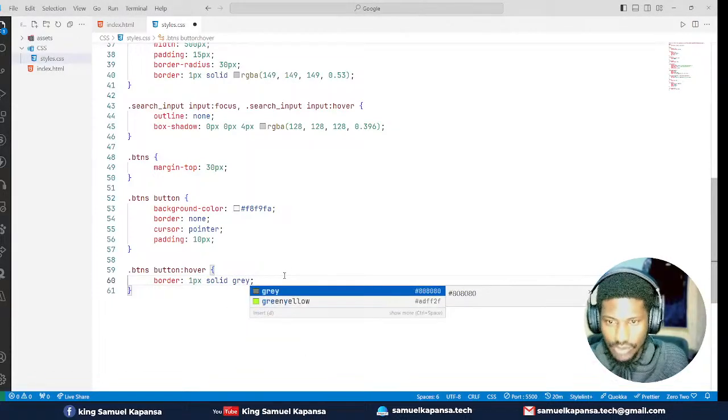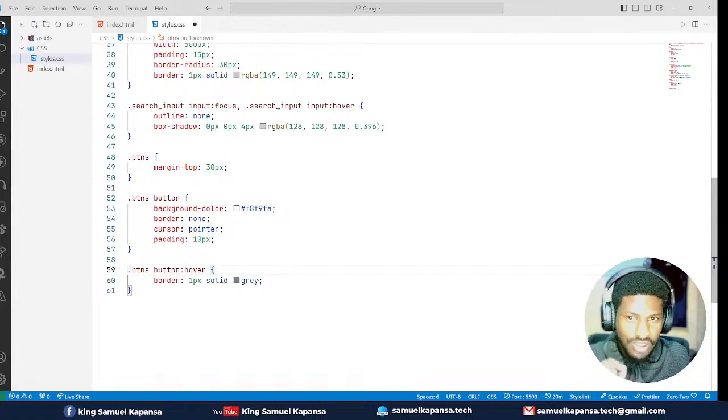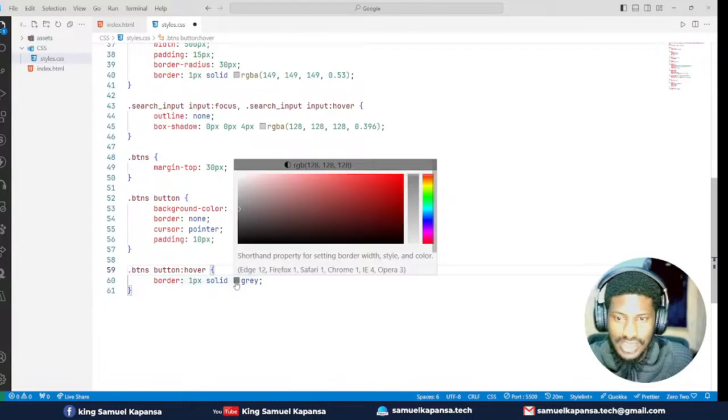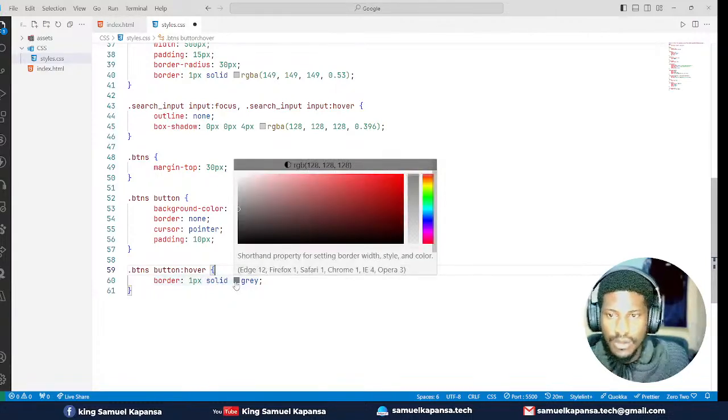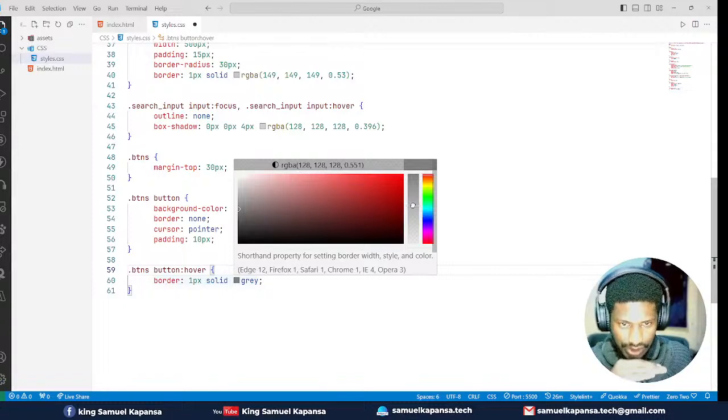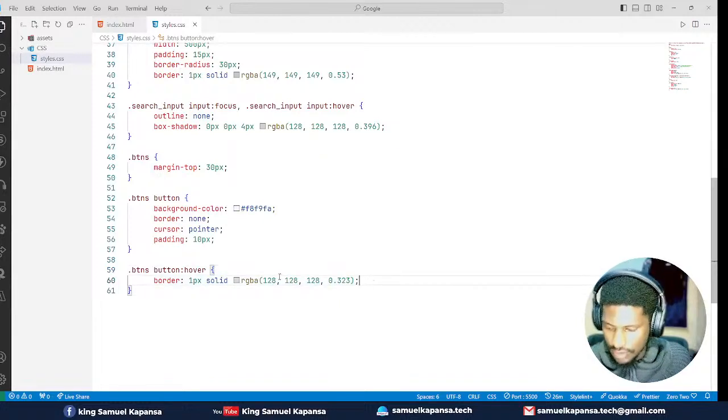Then remember the color is what? Gray. Now the actual gray, the original gray color without any shades or contrast, is a bit dark, right? So if you're using VS Code and you bring your cursor there, this prompt comes up, and you'll be able to see these two different bars here. The second one shows the actual gray color, and that's the one that we're going to use to reduce that contrast. So I'm going to reduce it a bit so that it's not that dark. Reduce it like that. There, okay? I think